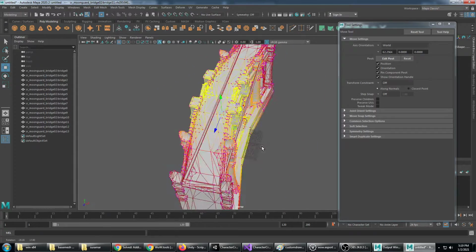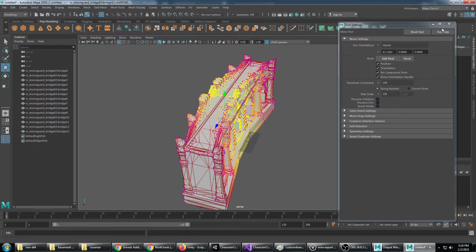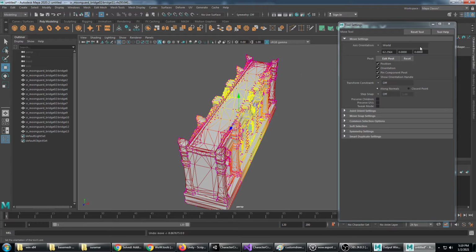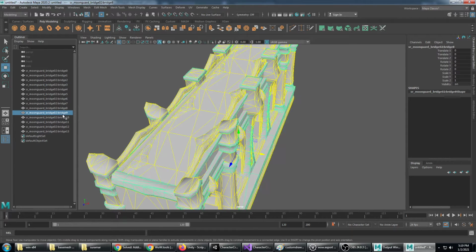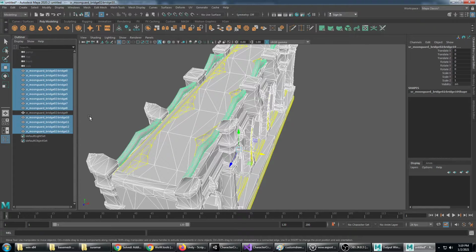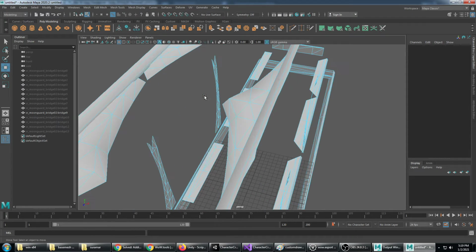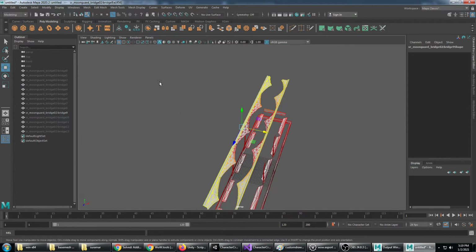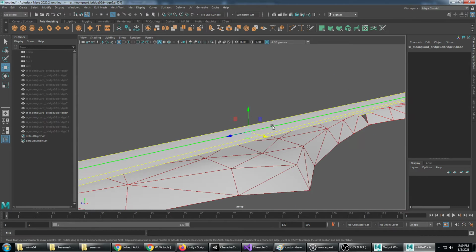But the problem is Blizzard's got these meshes down here that are not subdivided at all. So it looks like it's on bridge number 9. I'm going to select everything except 9 and do a Control H so I can see what I'm working with, and go ahead and go into, let's go to edge selection mode on this one, and F for focus. And I've got these